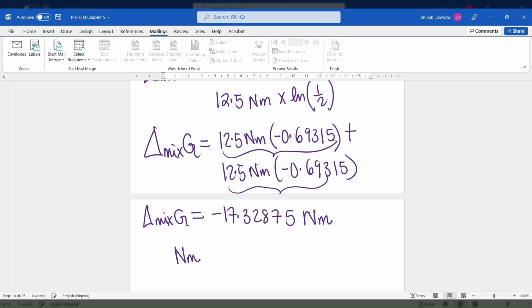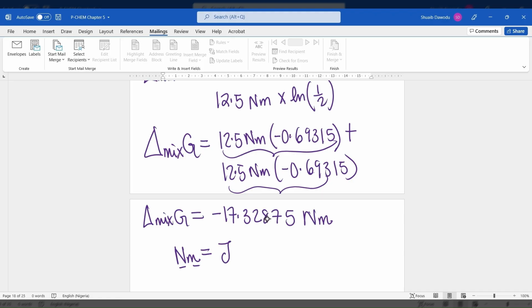Remember, Newton meter is the same thing as what? Joules, because joules is simply the unit for energy, and energy's fundamental formula is force times distance. The unit for force is Newton. The unit for distance is meter. So Newton meter is just joules, which makes sense because whenever we're dealing with enthalpy, entropy, Gibbs energy, we want